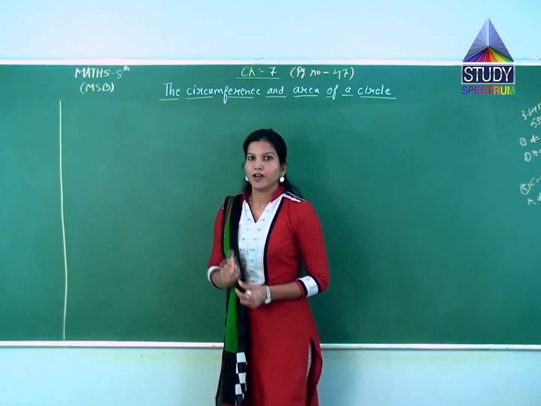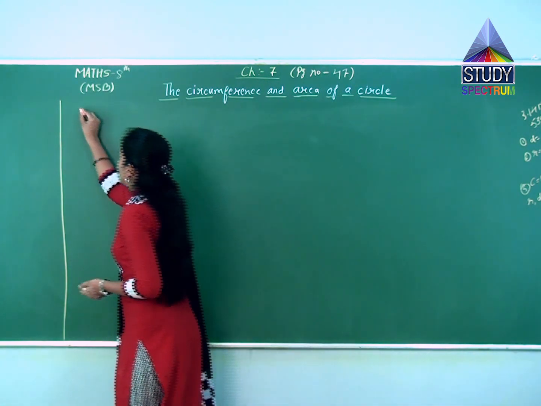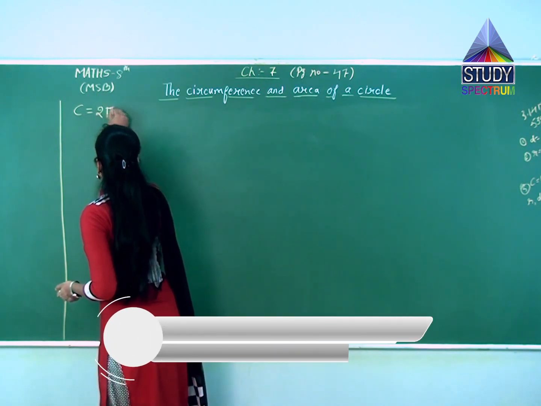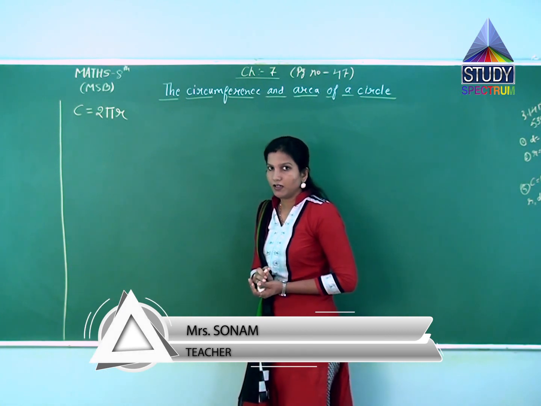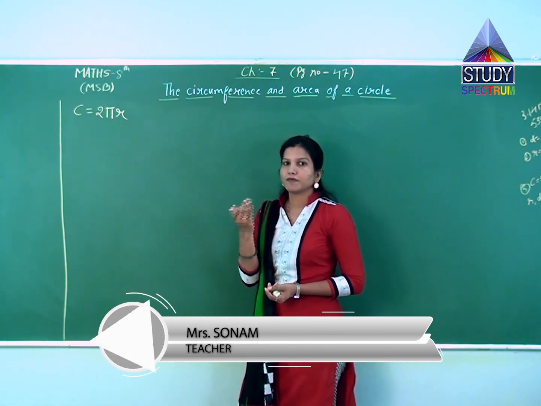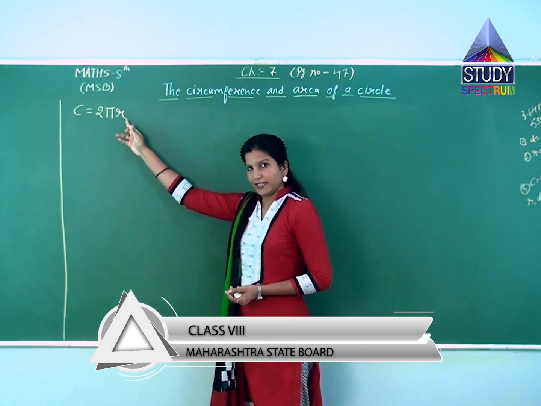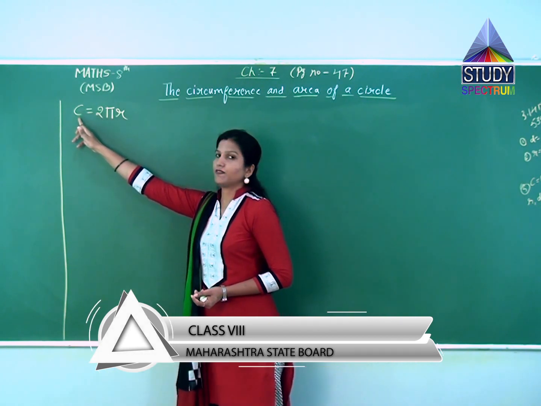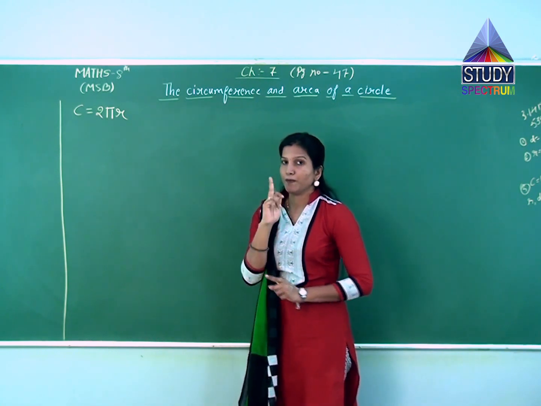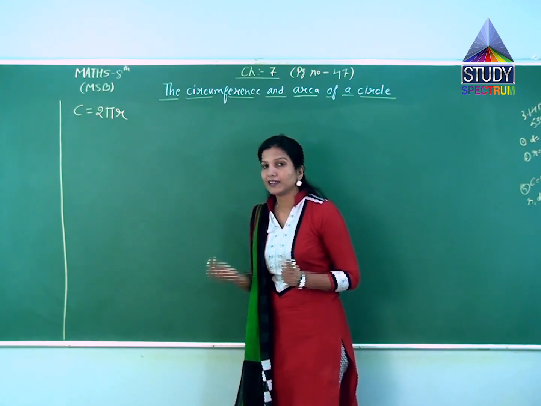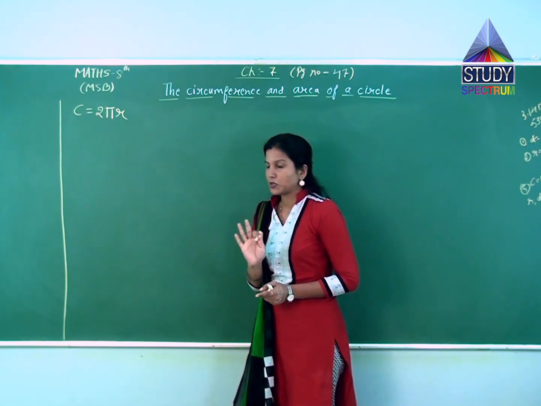So dear students, now we have our formula for the circumference of the circle, and that is C is equal to 2 pi r. Now, what will be the unit of this circumference of the circle? This will be centimeters, meters, or any other. If the radius is given in centimeters, then our circumference will also be in centimeters only. You will not write here centimeter square, because circumference is just the length of the circle. That's why the unit will be only centimeters, meters, or so on.